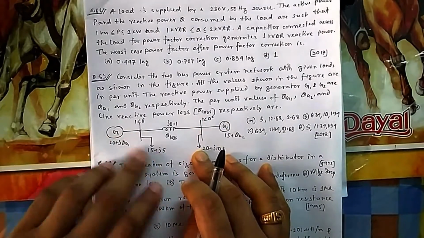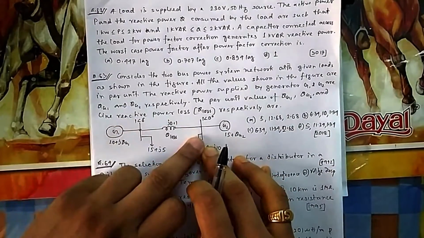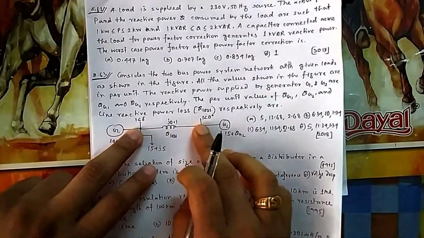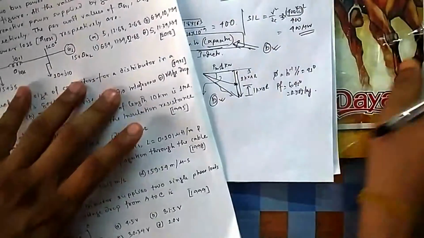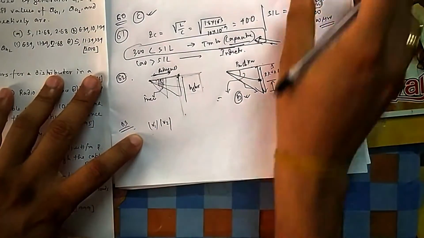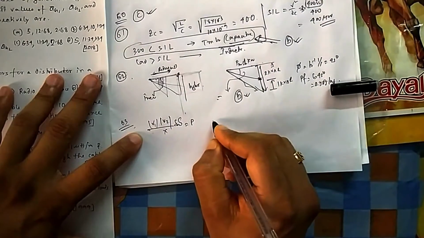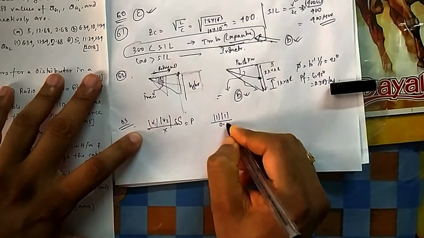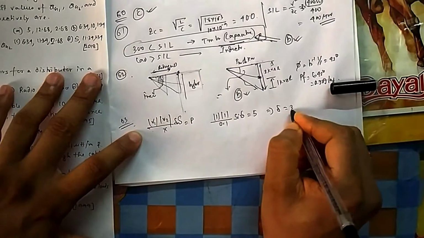Out of this 20, 15 is supplied from this and 5 is coming from this side. Okay, so the power transfer from this to this is 5. If you know the active power transfer, you can find this delta, because there is a formula for active power transfer. What was the formula? P is equal to magnitude of V1 into V2 sin delta by X, and your P is equal to 5, and all these magnitudes are 1. V1 magnitude, V2 magnitude, X is 0.1, sin delta, and this is 5. So from here if you calculate, you get your delta equal to 30.